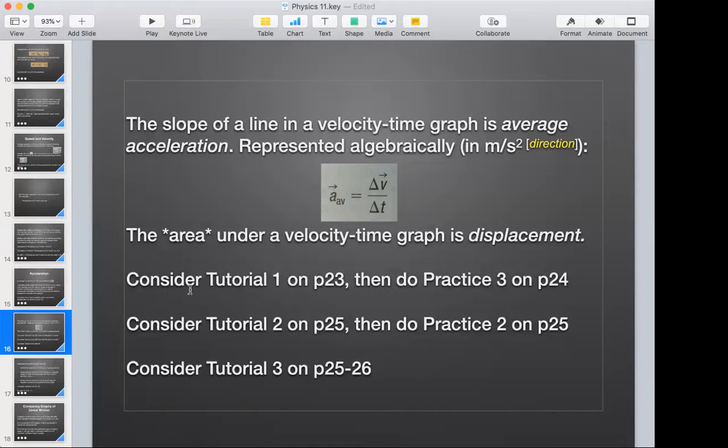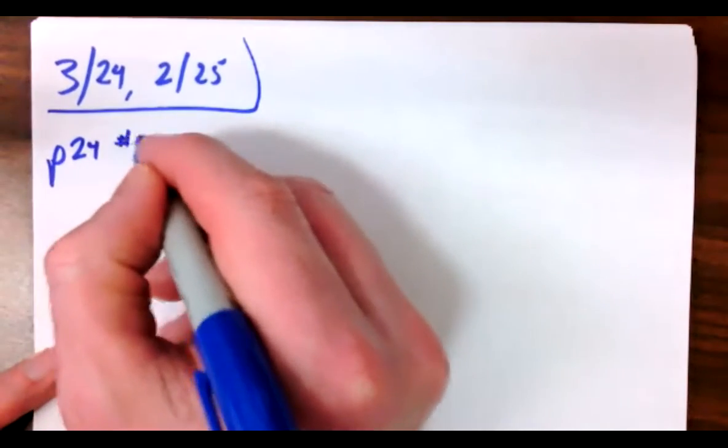So it has here, consider tutorial 1, page 22, page 23, 2 on 25, and then look at these others. And then it says, do the practice questions. I'm going to do these with you now. You can look at this stuff after. So let's write this down so I don't forget. 3 on 24 and 2 on 25. So let's do that. Okay, so page 24, number 3